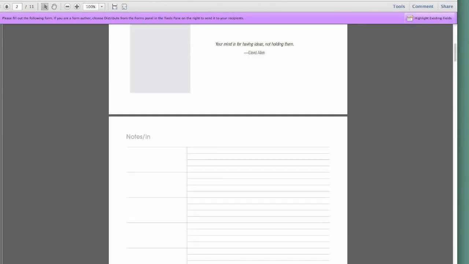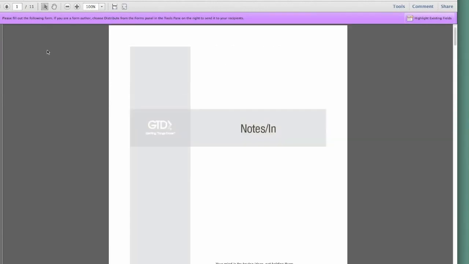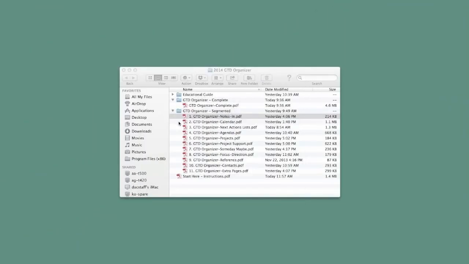I hope that's been helpful. I wanted to really explain how this is used, so that when you do go to choose which one is for you, and really just see the design here, is this product something for you, you'll have an idea of how we've designed this, what the intention is, and if it seems like this is something that could be a good solution for your GTD system. It includes all of the key components that David Allen describes that would really make up a complete GTD system, from calendar to next actions lists, etc.